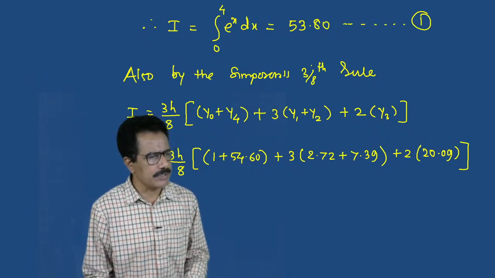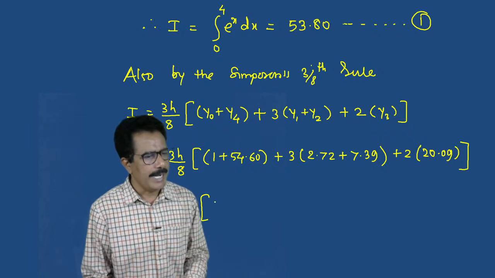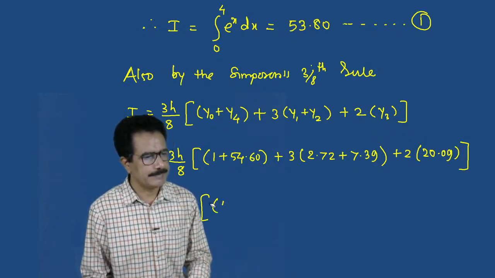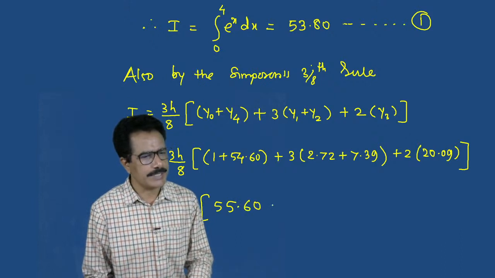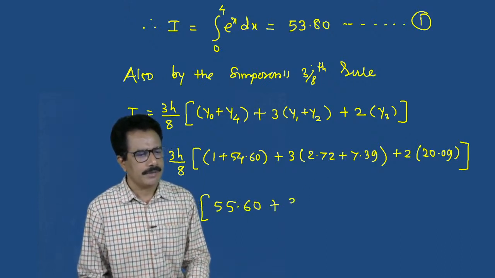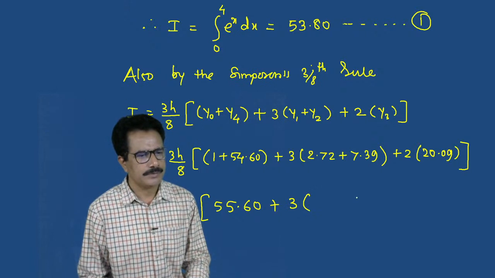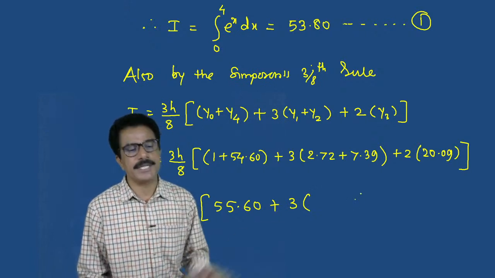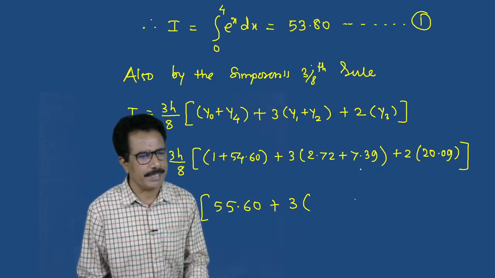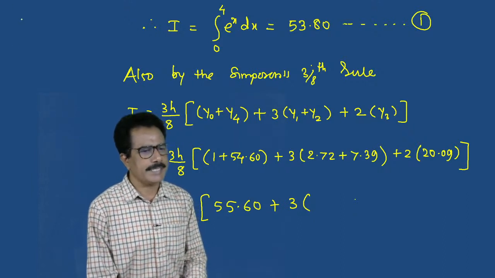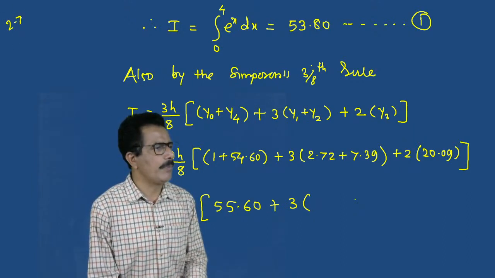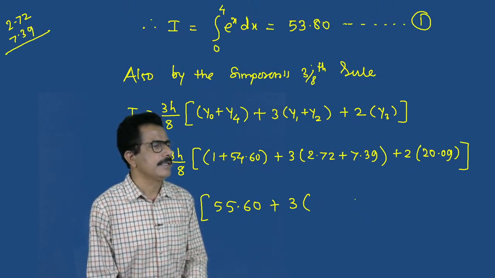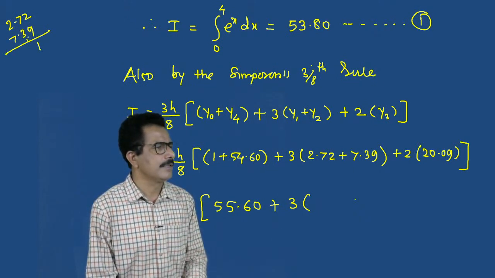So I is equals to 3h by 8. The addition is 55.60 plus 3 into, what is the addition of these? Multiply by 3 and tell me the final answer. I shall take the addition: 2.72, 7.39, that will be 1, then